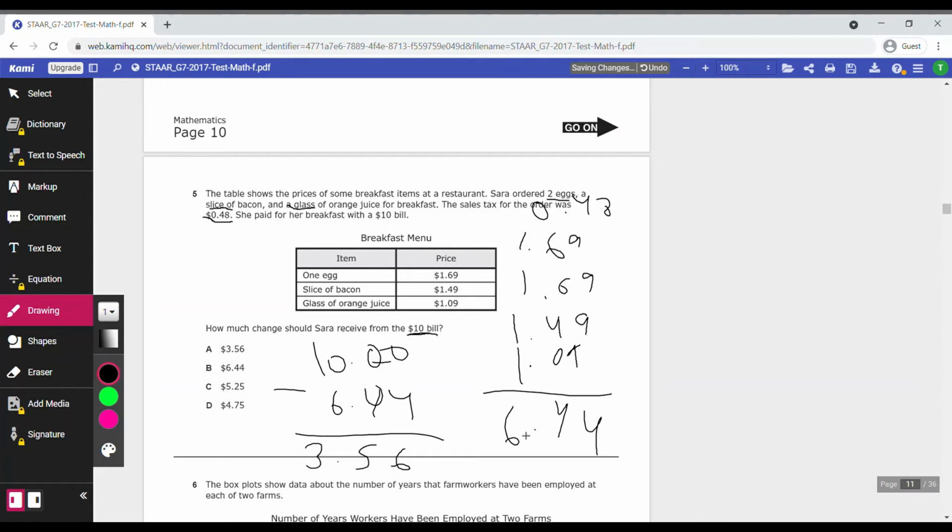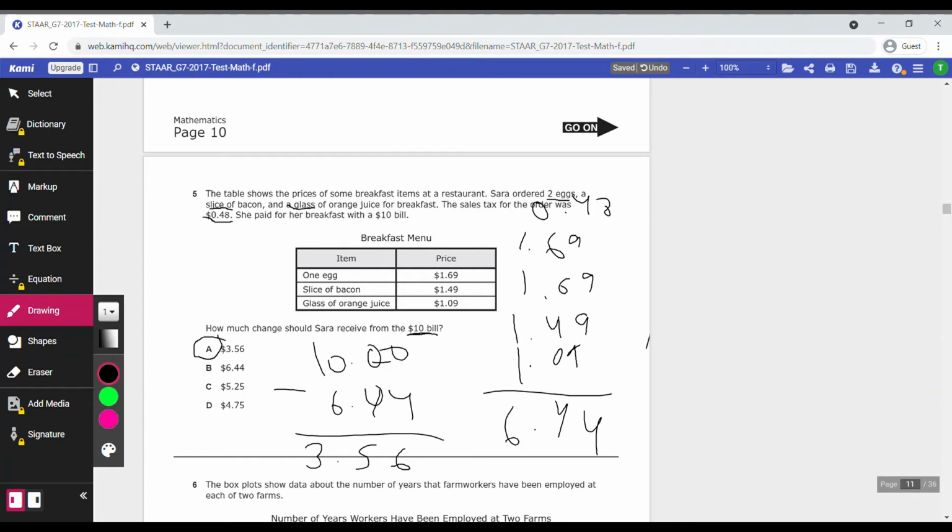So you go to the restaurant, you buy everything, and your total bill is $6.44. You hand the cashier $10, and they take out what you ordered, and then they give you back the change. So your answer would be